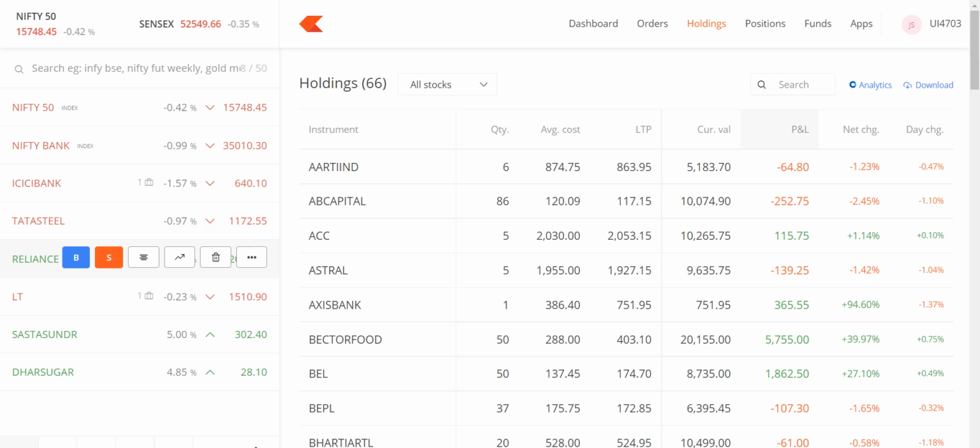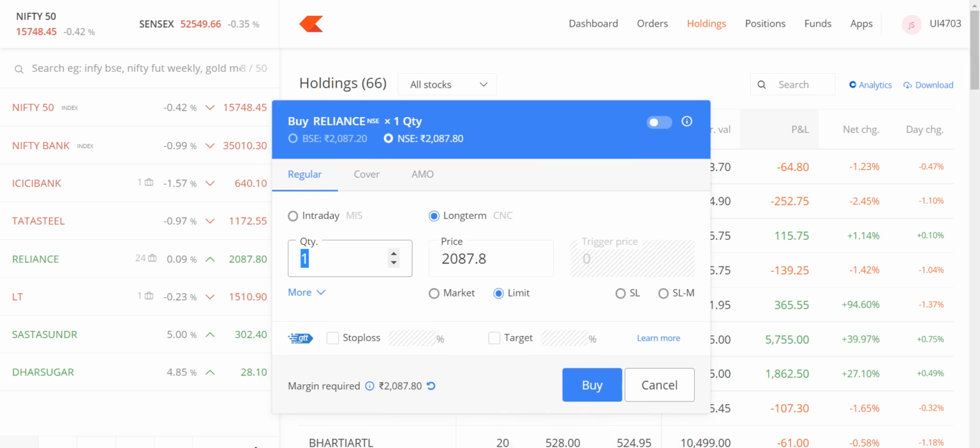So if we want to buy any stock, like if we have clicked on Reliance, this is in our watch list. Here you can see that if I place my mouse cursor, then automatically the buy option is there. If I move to S, then the sell option. Okay, so first we click on B, then buy.